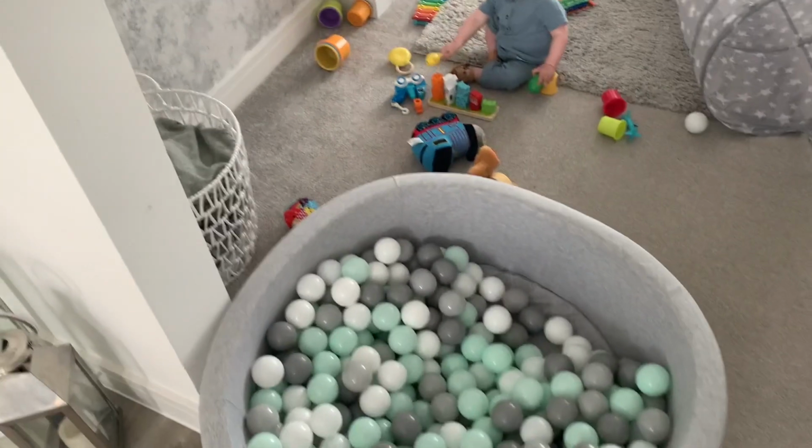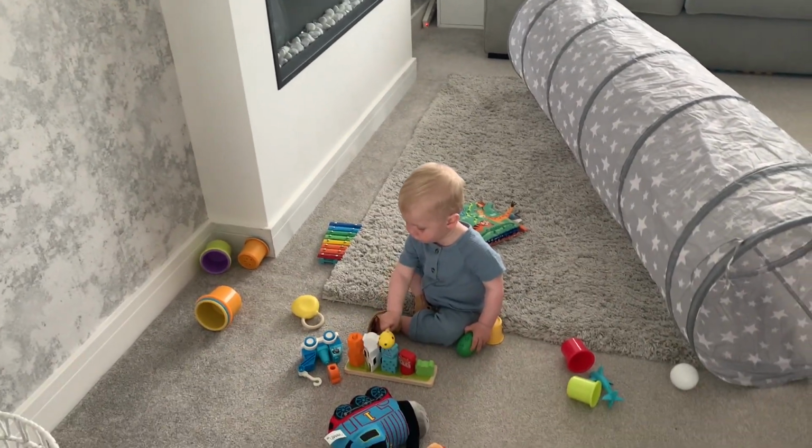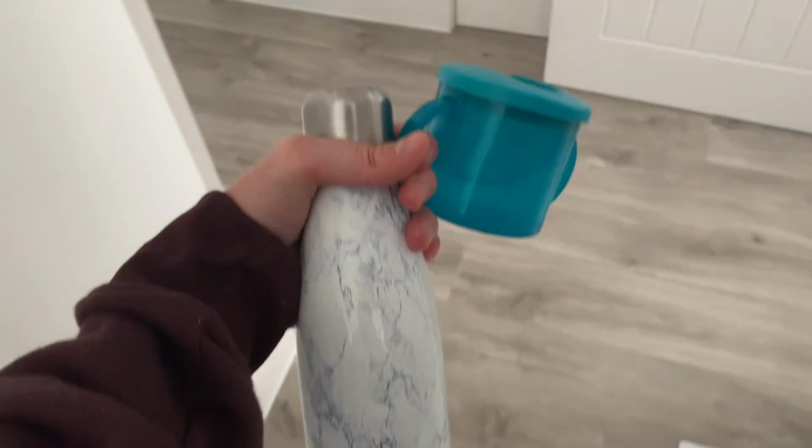So he ended up eating all of his lunch, which is good considering he wasted half of his breakfast. So he's just having a little play in the lounge and we're going to head out for a walk. So I'm just getting everything ready for the walk. I also had to bring his ball pit and his other garden toys inside because it's just started showering,